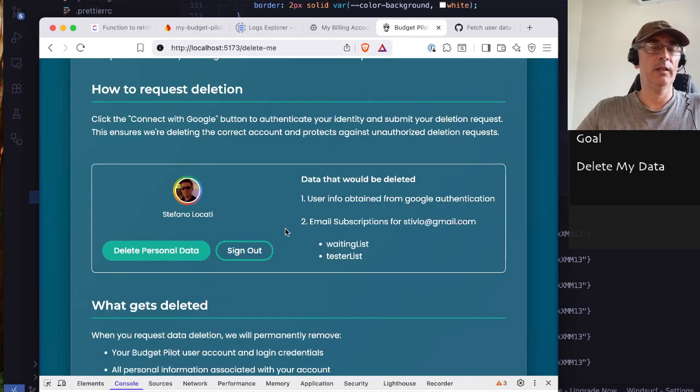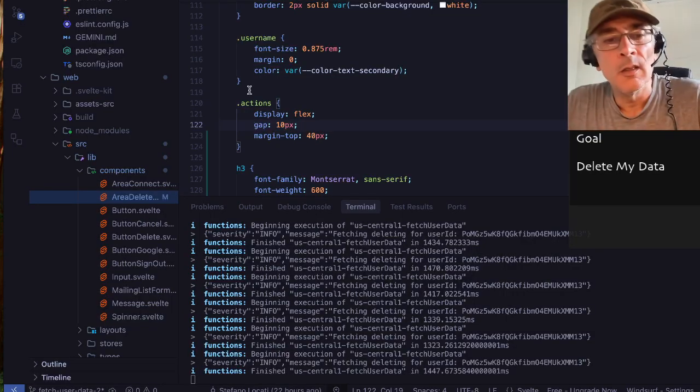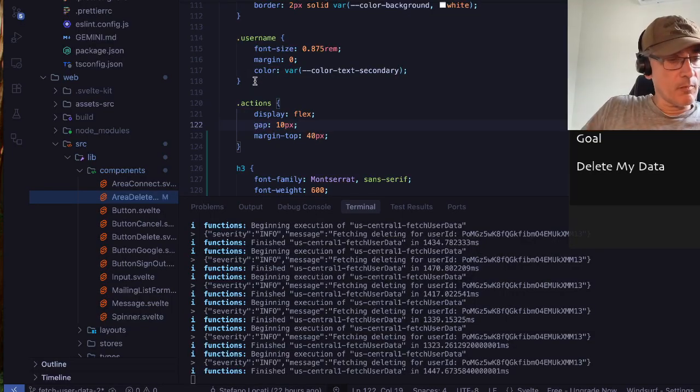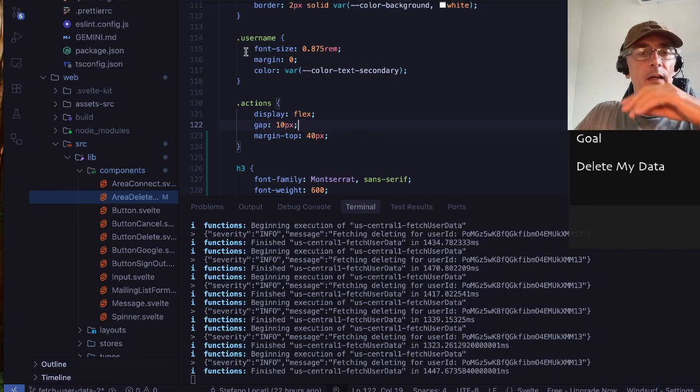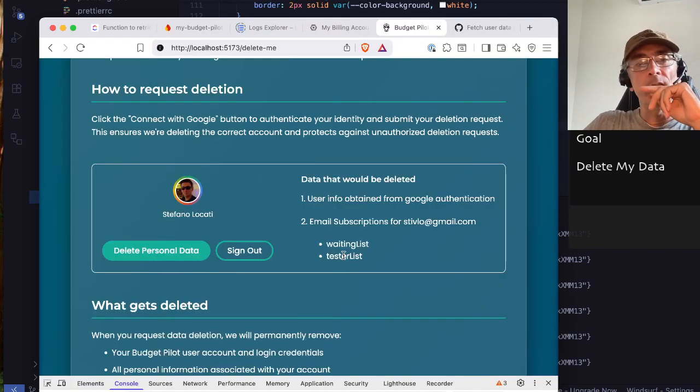And now it's spaced correctly. Now, that's great, but the problem is if there are no email subscriptions,